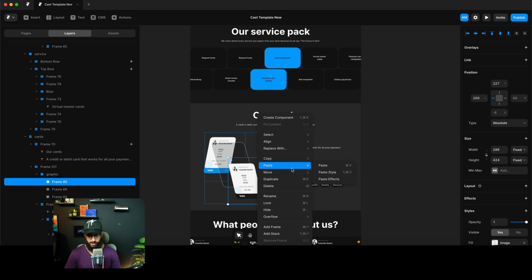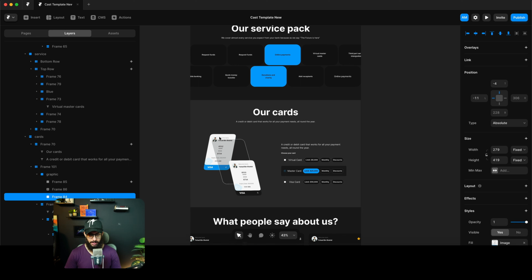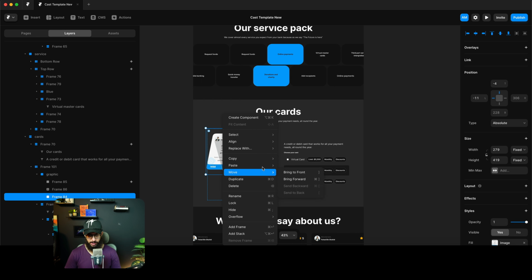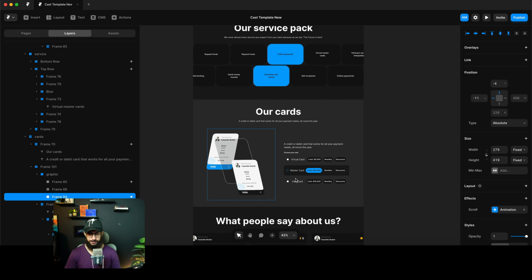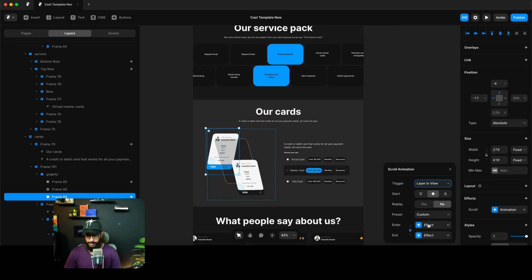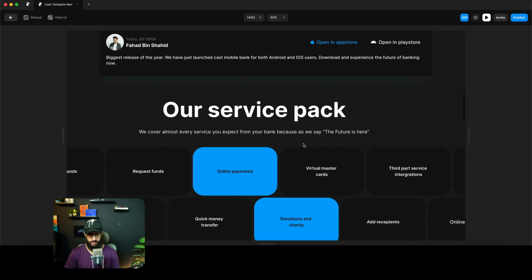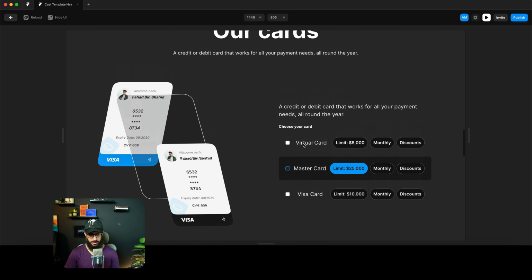And now we're going to have an animation here. This particular section is going to come in from the bottom. This element is going to come in from the top. So paste effect. And let's just tweak it a bit. So this is going to come in from the top. So we're going to say this is going to be not 150. This is going to be minus 150. And now if we have a look at it, this animation is something like this, where we have,